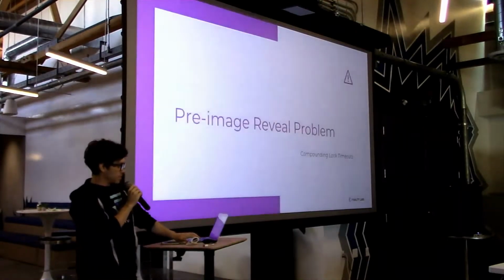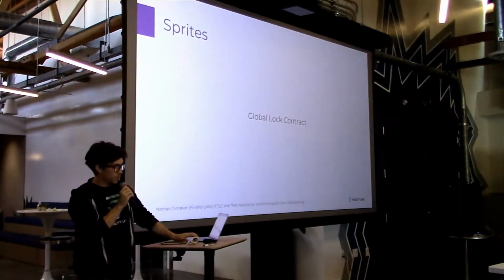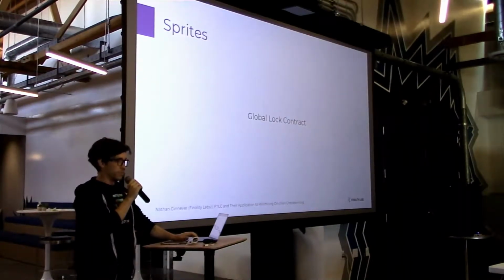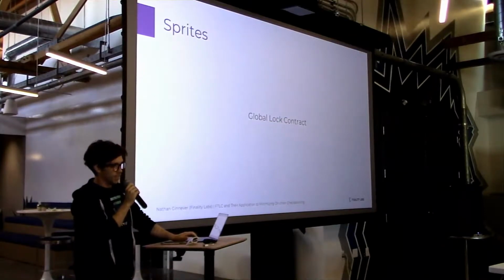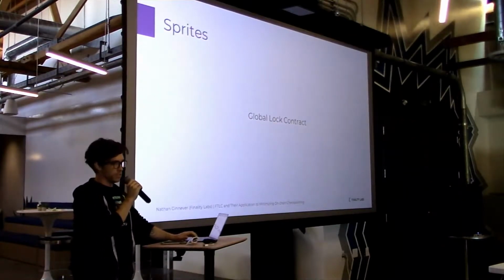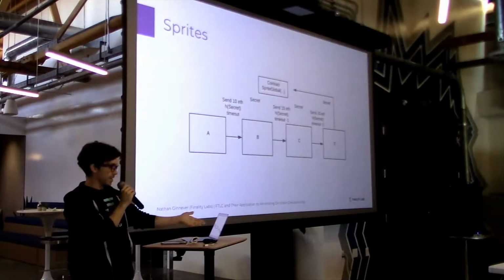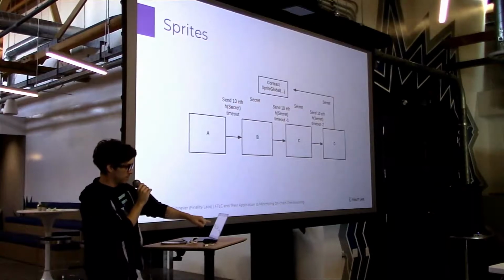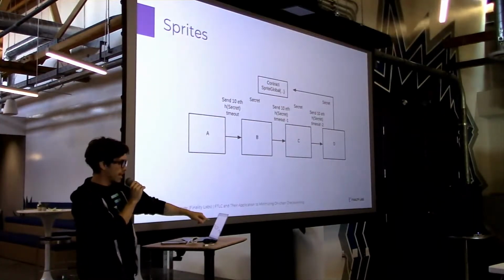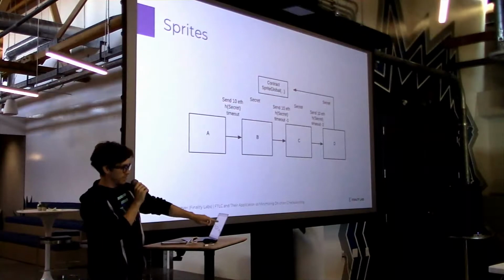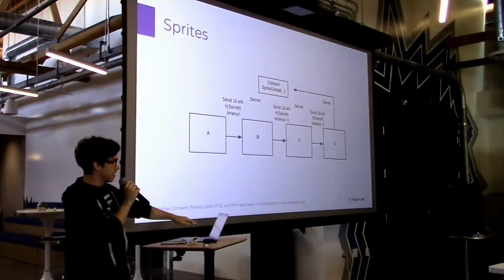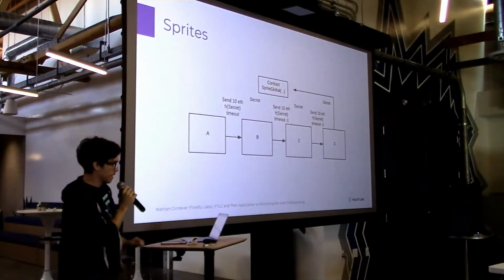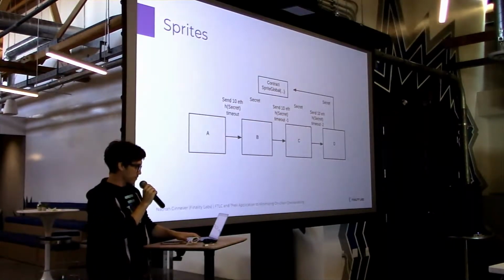So that was an issue until Sprites came out with the global lock contract, and that's using again the power of Ethereum when we just realized, well, why do we have to use separate lock conditions if we can all just agree to the same lock? And it looks like this. So it's the same concept, but here, rather than having these timeouts in between, you can all just rely on the same global contract. As soon as D releases the secret to this global contract, B is able to exit their money, and C is able to exit their money at the same time. There is no more waiting. So that problem is solved.